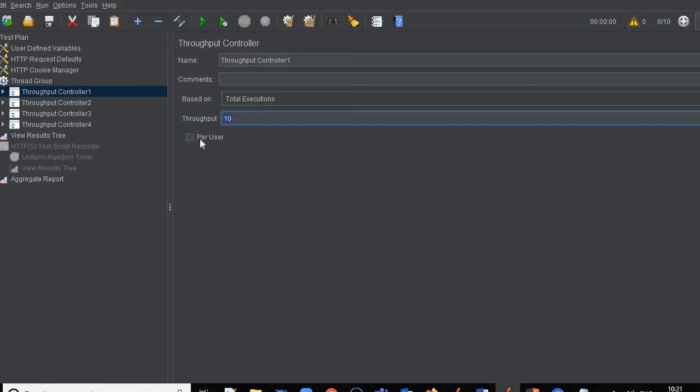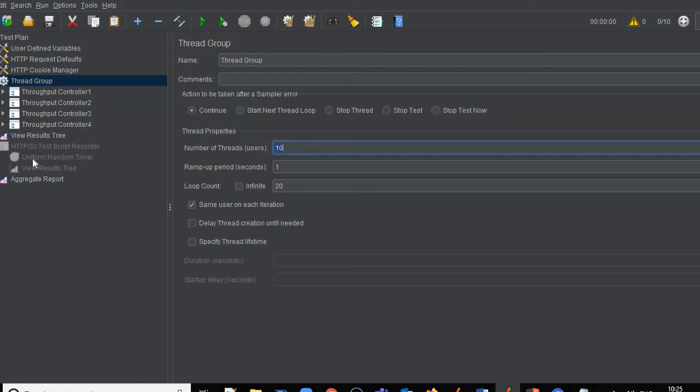The second thing is that you can see one checkbox here, per user. When we select this checkbox, it means this number of requests will be executed for every thread.